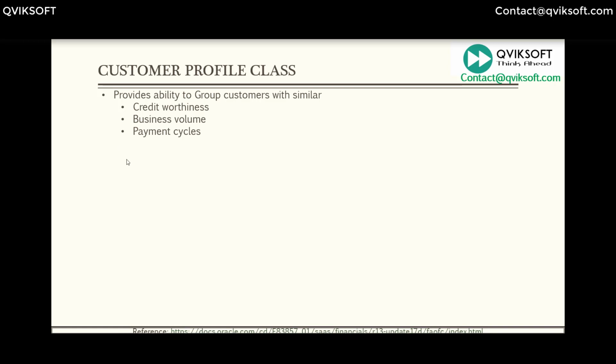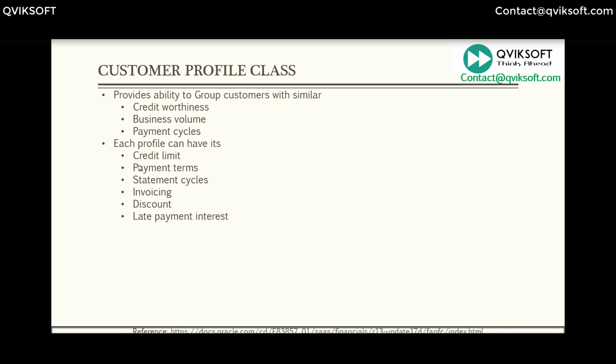So you want to create these various parameters at profile level. When you create a new customer, depending upon which bracket the customer falls into, you just assign a relevant profile. Once you assign the profile, all the necessary attributes which are given at profile level will be automatically assigned to the customer. So this is very useful.